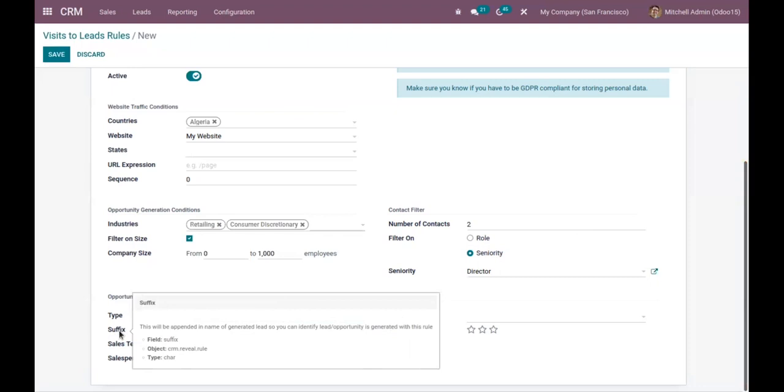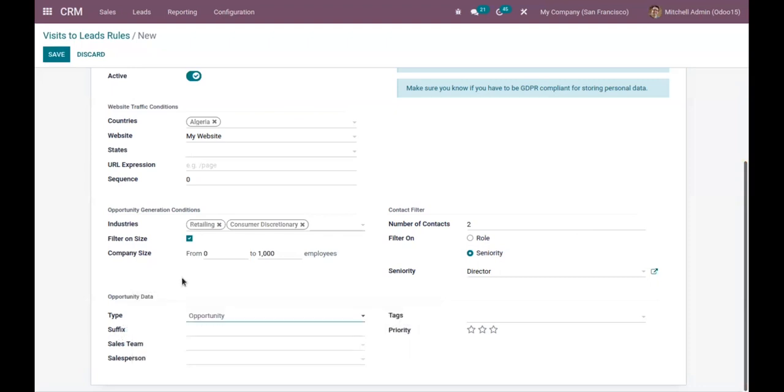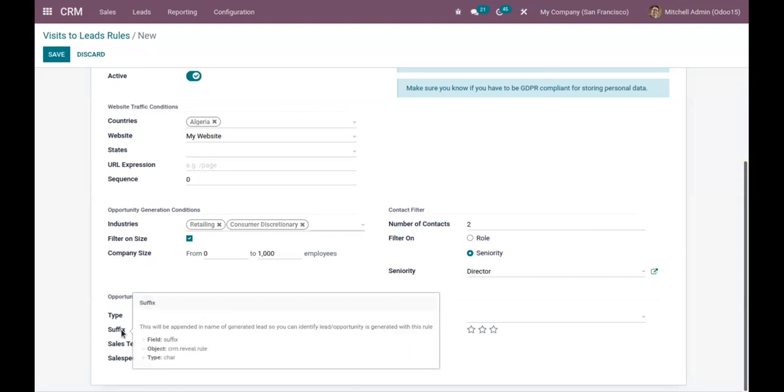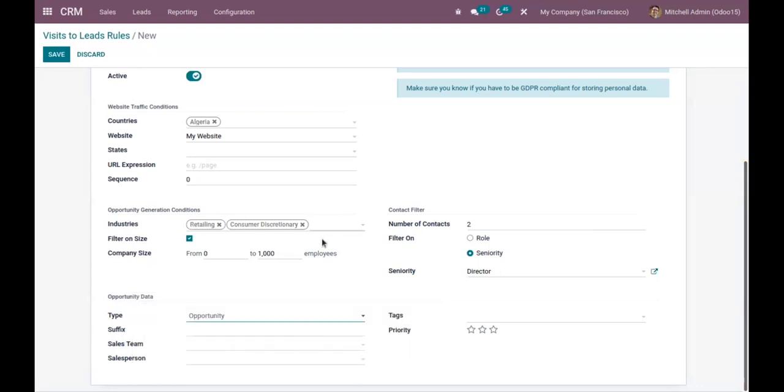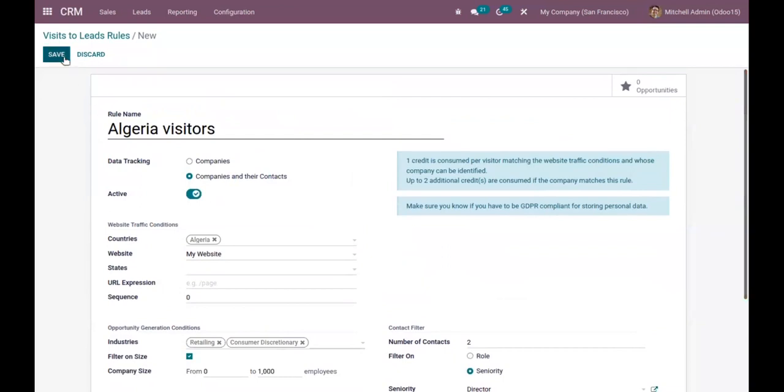So this will be appended along with the generated lead or opportunity, so you can easily identify from which rule this opportunity or lead is being generated. And you can set a default sales team and salesperson for the opportunities generated from this rule. And you can provide default tags, then priority for the leads or opportunities generated using this rule.